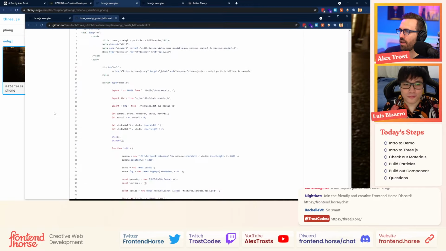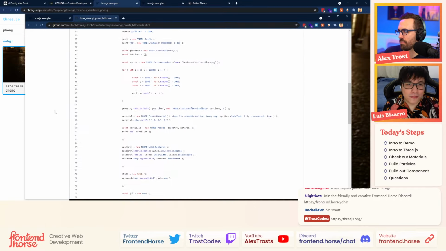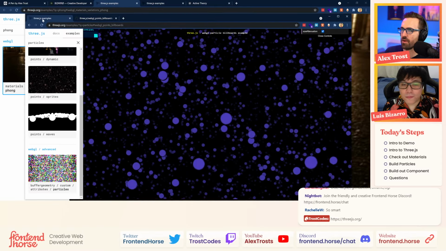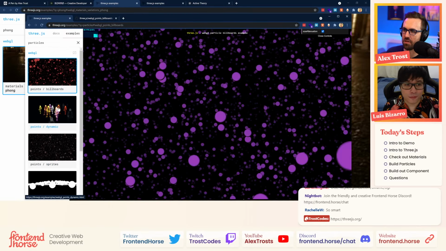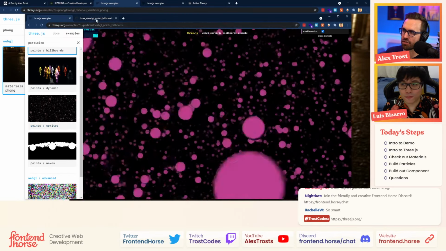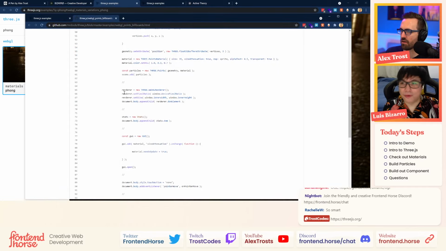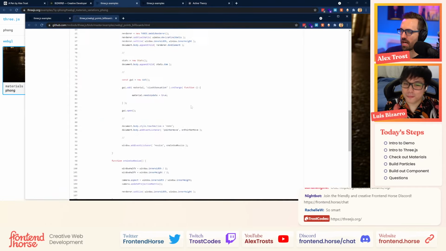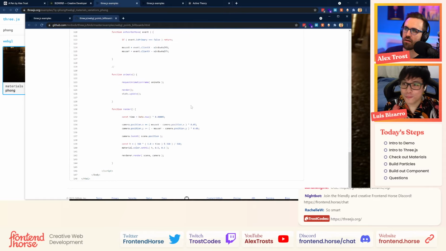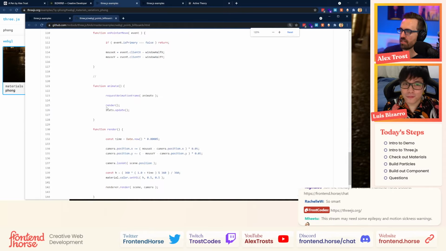Got it. Okay. So the idea for most of these examples is that they're distilled down to one or two ideas, so you should be able to figure out for the most part what's happening in the example and reproduce it, because it's not that long. A lot of this is Three.js boilerplate, where you're adding a camera and creating a scene, right? Exactly.